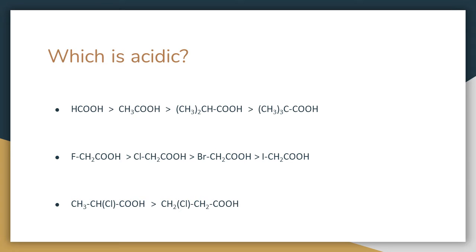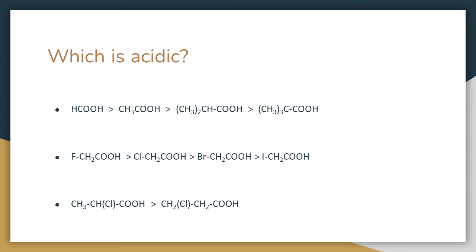We know that the methyl groups have plus I effect and hence release more electrons. The more the methyl groups, the more the plus I effect, and hence removal of the proton becomes very difficult. Based on this we can see that formic acid is more acidic compared to all the other acids.